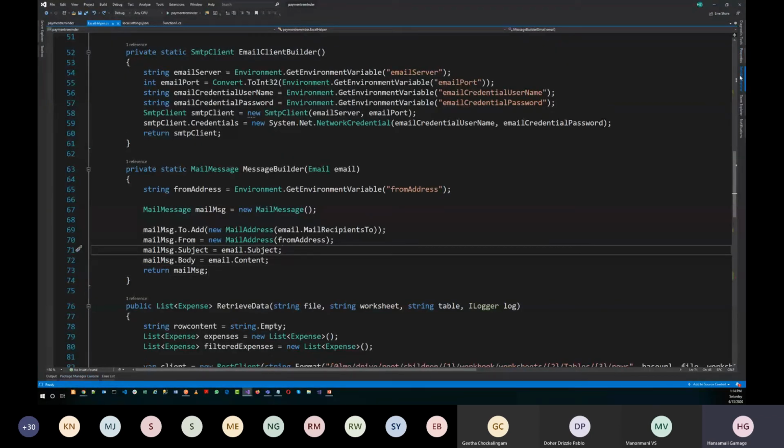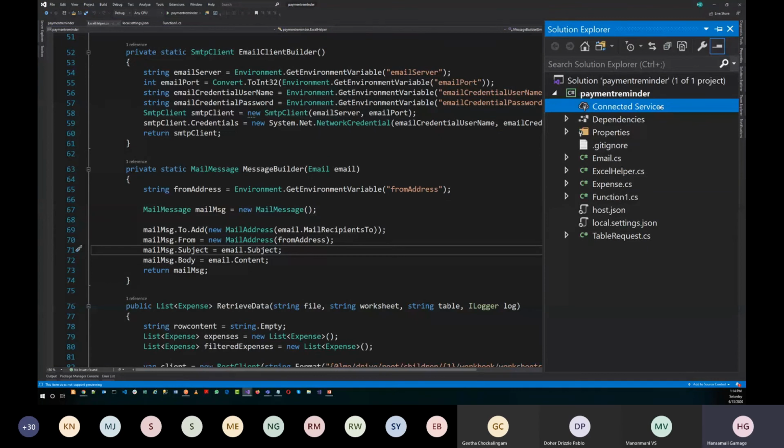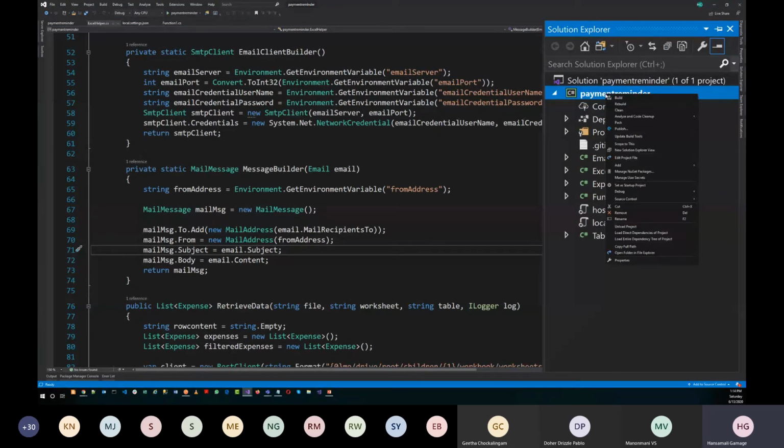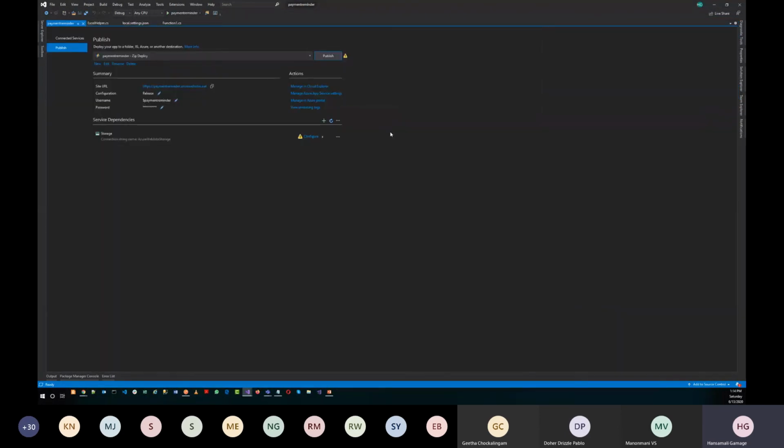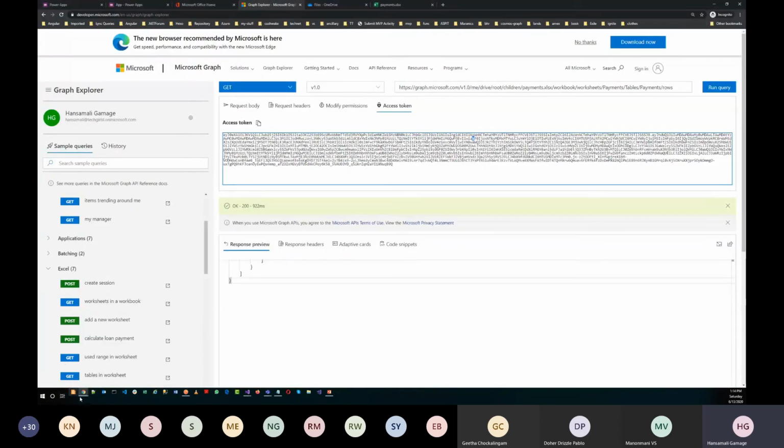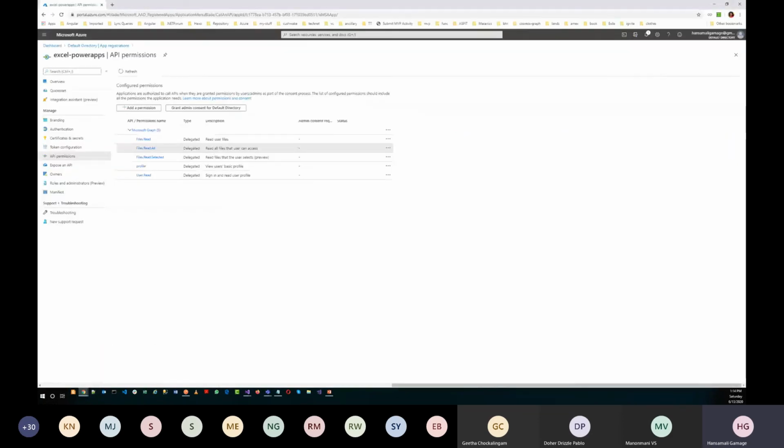Now I have hosted this function as well. Since we are running out of time, you can host this by right clicking and clicking on publish here. I'm not going to republish this one. So I will move to the Azure portal.